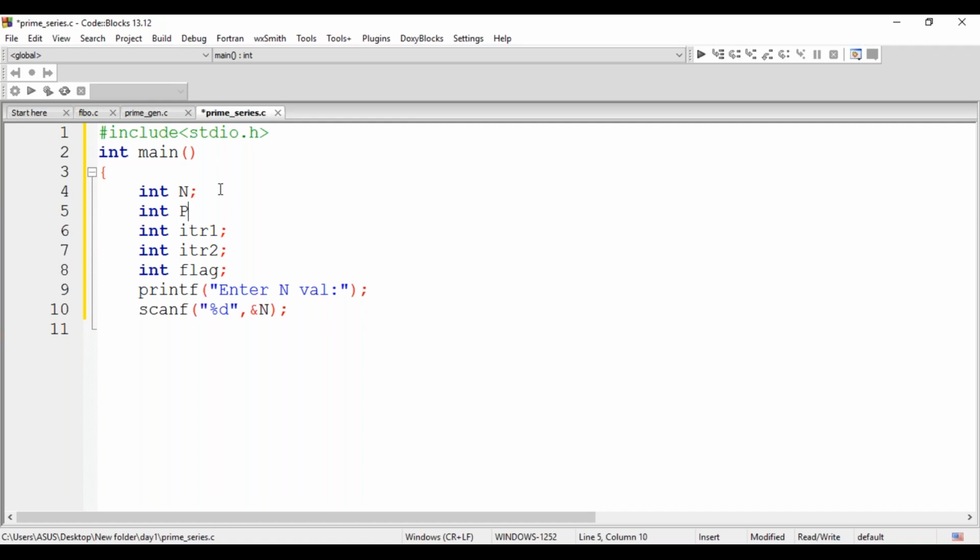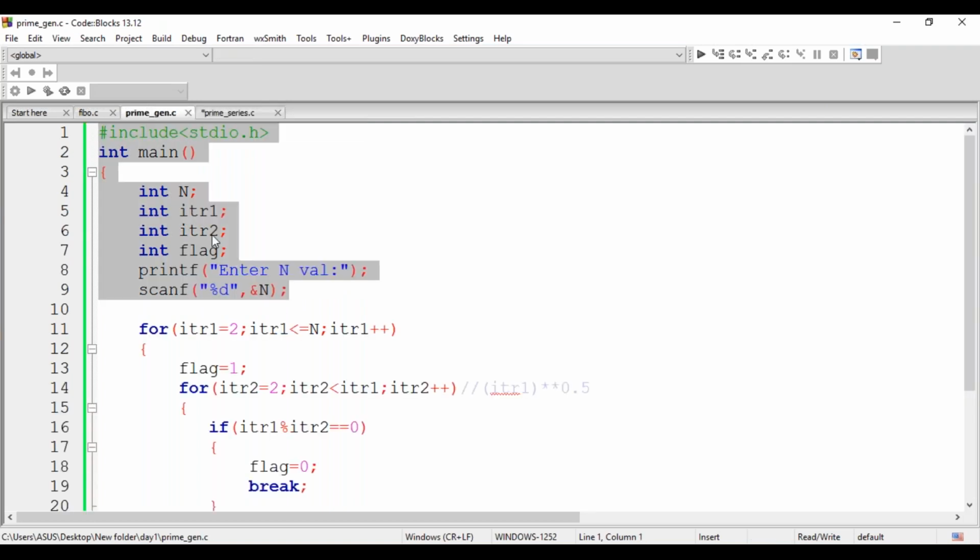Let me initialize p to 2, which is my prime number generation. I'm going to start from 2.